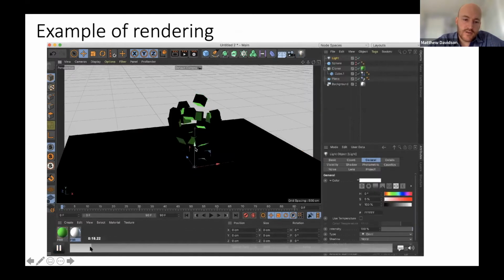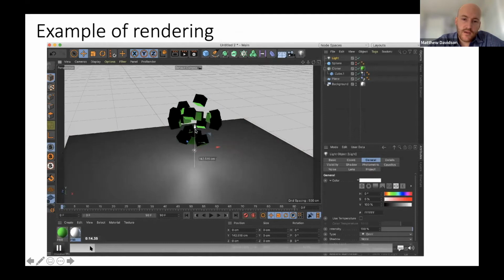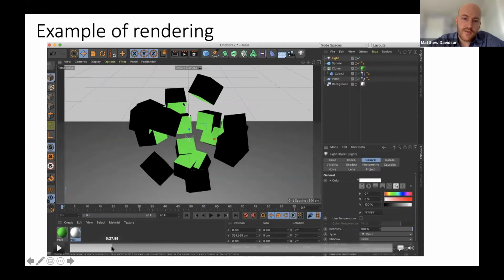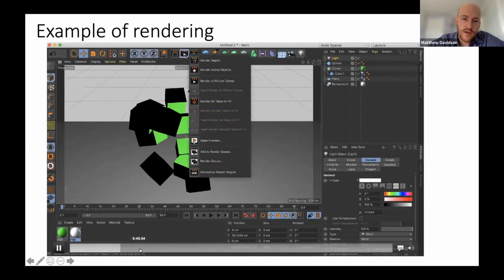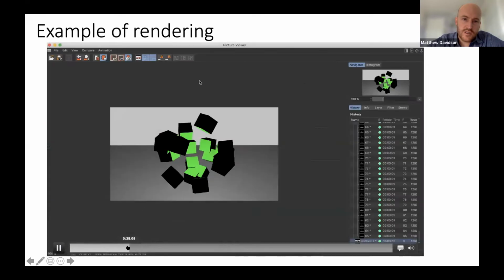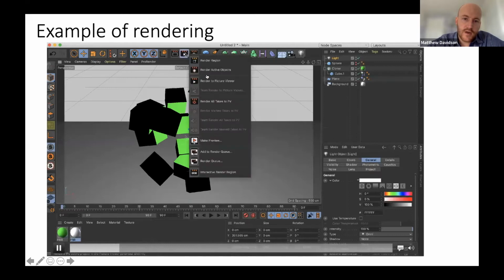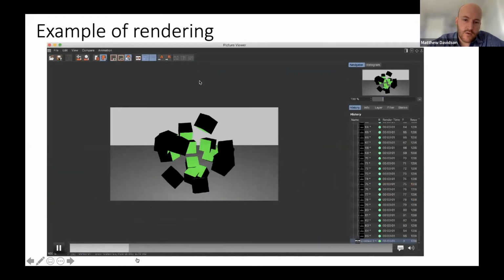So here I'm introducing an area light that will just cast light everywhere. I'm putting it in the center of this sphere, and you can get this kind of cool effect, where there's a light coming from inside and lighting up all these surfaces, but the outside is shadowed. And then what we do is we just go to this play sign here. We hit that and render to picture viewer. And then it's literally just going to render this in a nice rendering software here,